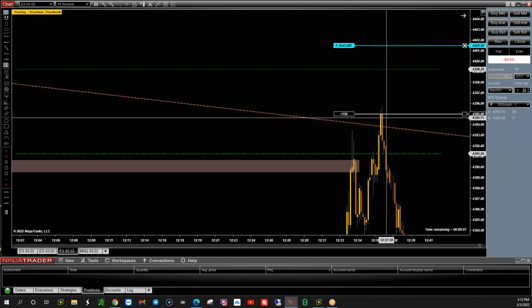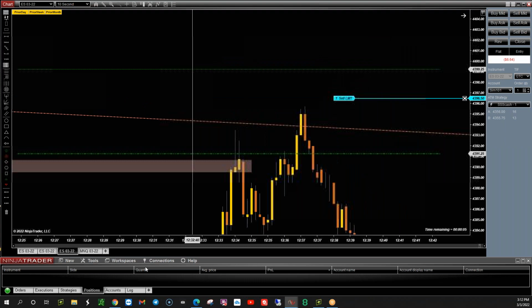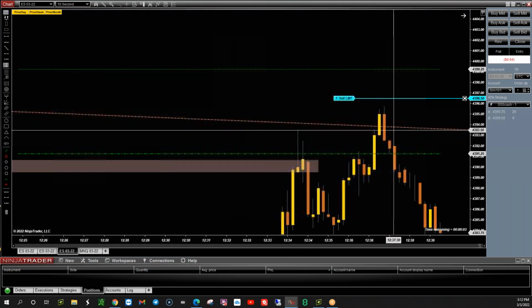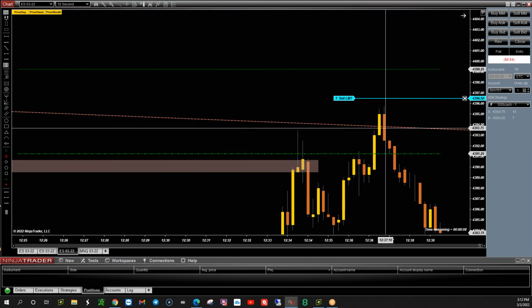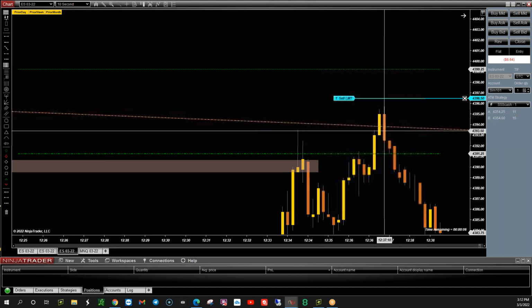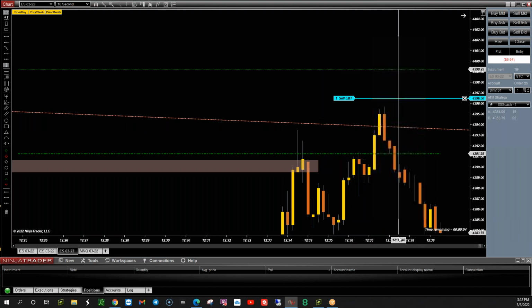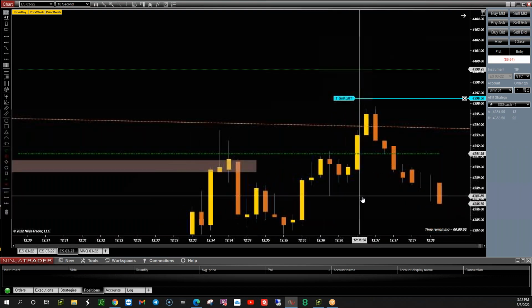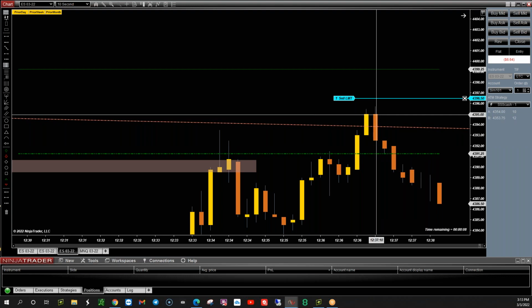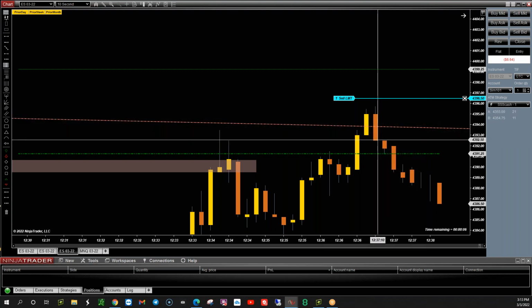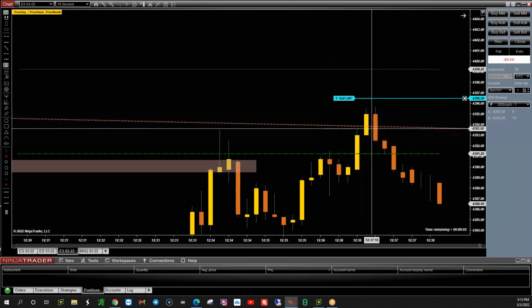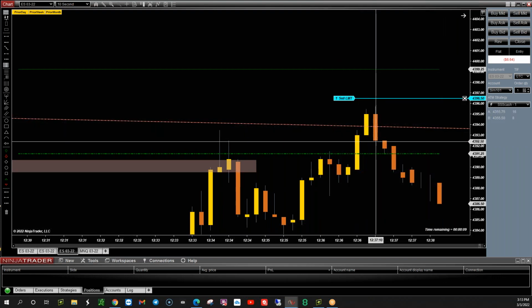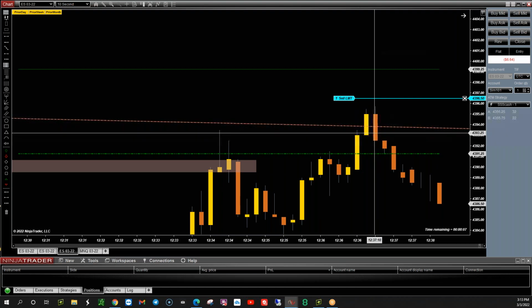Once you see price on this bearish candle here, this 10-second candle, this is your entry. If this thing closes bearish and beneath the trend line, you go for it. But it's 10 seconds, so it's moving kind of fast. When you see your candle going down, and I have a timer right here, when you see 7, 8, 9, and prices down here, it's a 99% chance